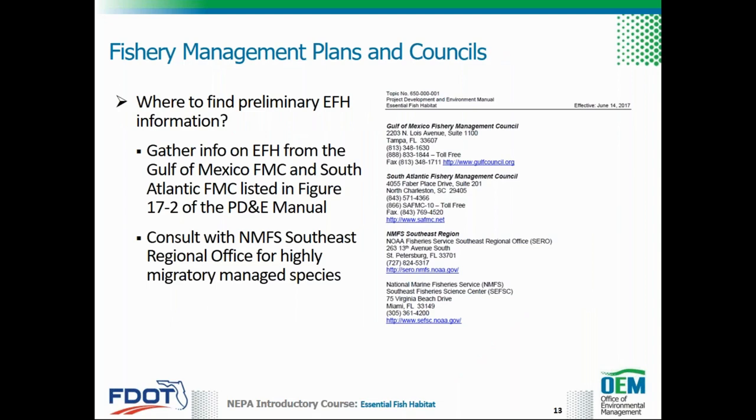Preliminary information on EFH within the project area can be gathered from regional fishery management councils, also known as FMCs, and NMFS. The contact information for the Gulf of Mexico and South Atlantic councils is shown here and provided as a figure in Part 2, Chapter 17 of the PD&E manual. Each council has lists of managed species and EFH identified within their jurisdictional area and specific fishery management plans for